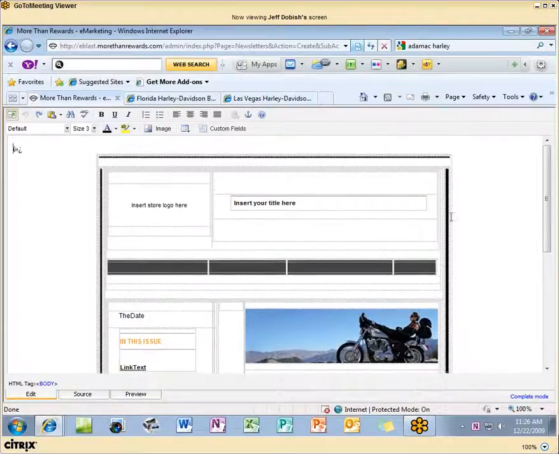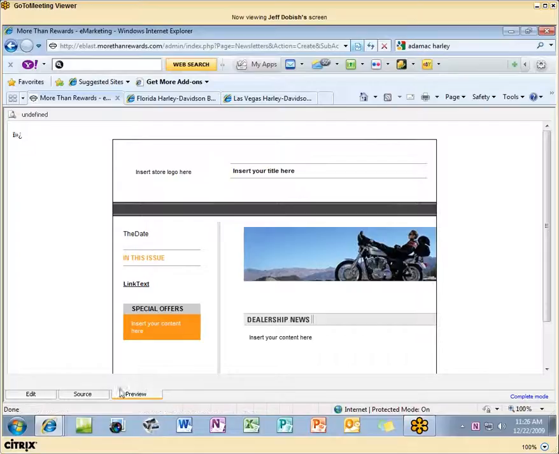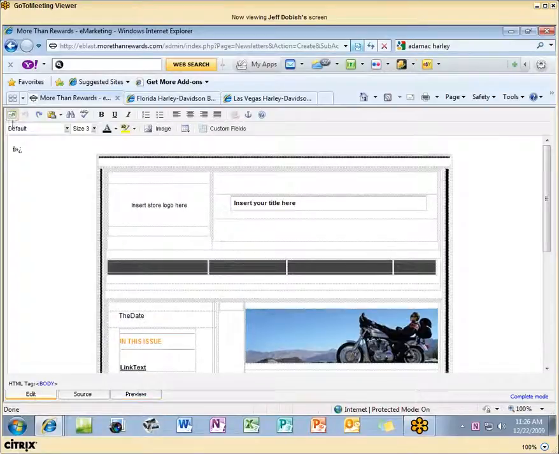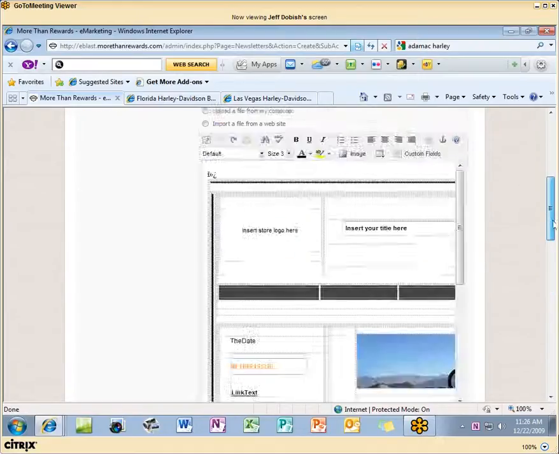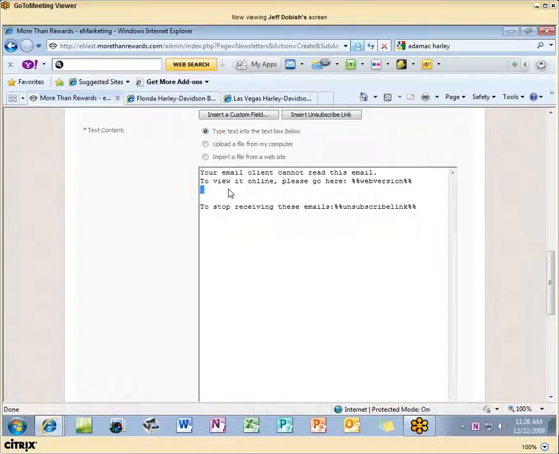And then when that's all done, they just preview, and they're ready to go. Okay, the mail looks good. They click their little box here to shrink it back down. And then below that, there's another box where they can do a text version, because some email clients won't support HTML, like if you get it on a phone or something where they can't get HTML. So it'll say, your